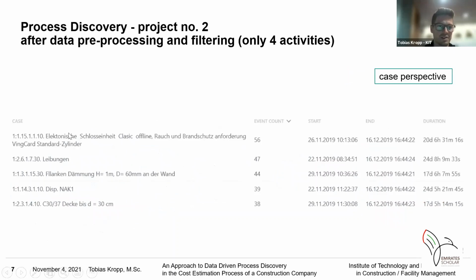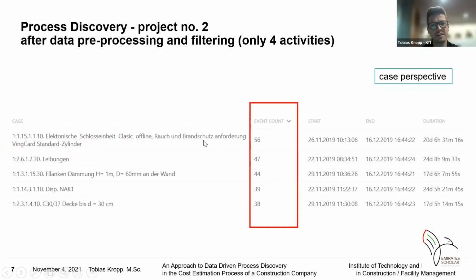So here are different building parts, so different cases. And you see here, they are ordered by the amount of activities that could be found in connection with these building parts. So you could maybe guess that there was a lot of work in connection with this building part during the calculation, because there were 56 different activities connected to it.